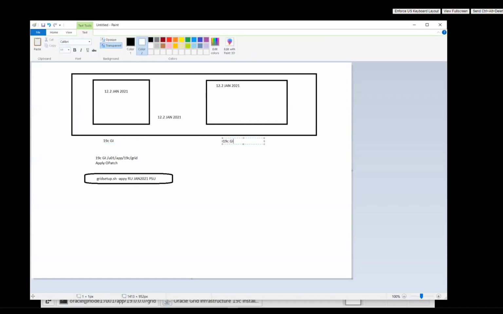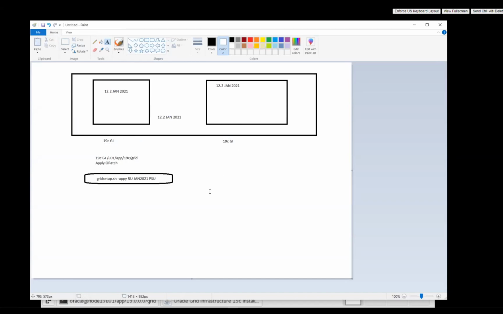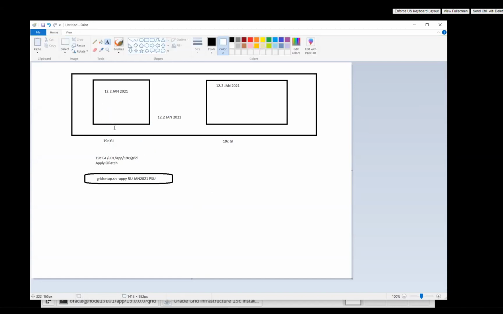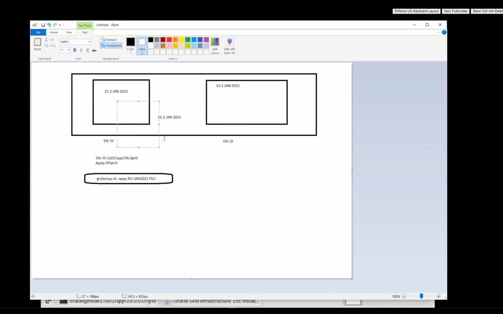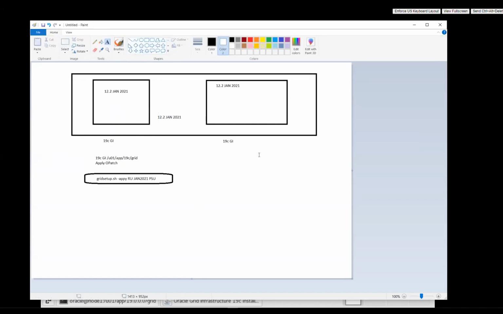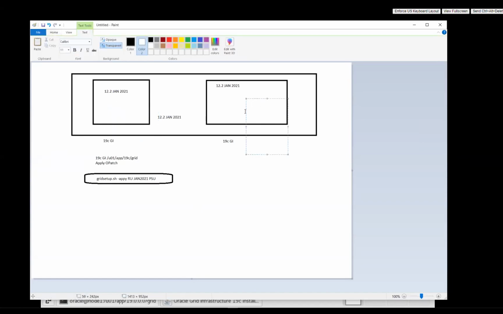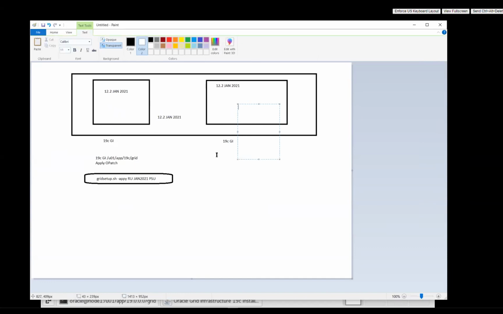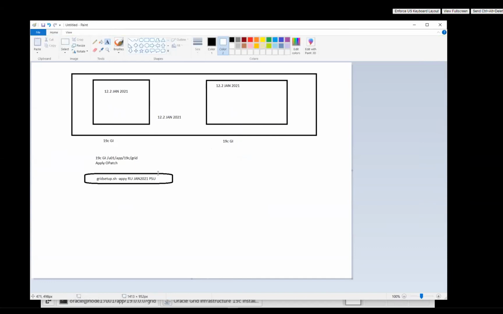So now what happens? You want to apply the January patch. For that, again, you have to shut down this particular node. You have to run the pre-patch step, run the OPatch step, run all the apply patch commands, and bring this node up. Once this node is up, again you need to come to node 2 and run the grid pre-patch command. You have to shut down your cluster, apply the patch, and bring up the cluster. That is again going to take hell of a lot of time, right? So avoid that. This is one of the best recommendations.